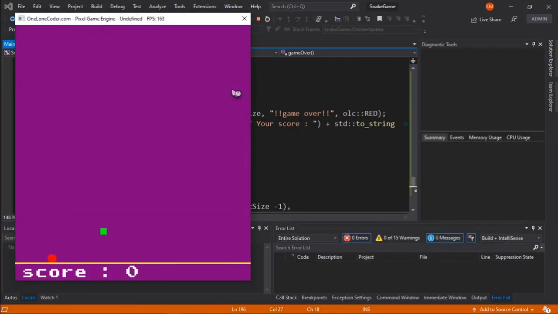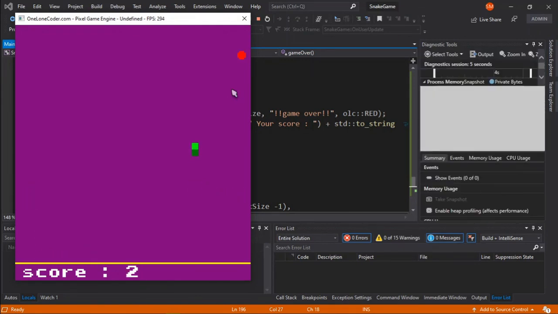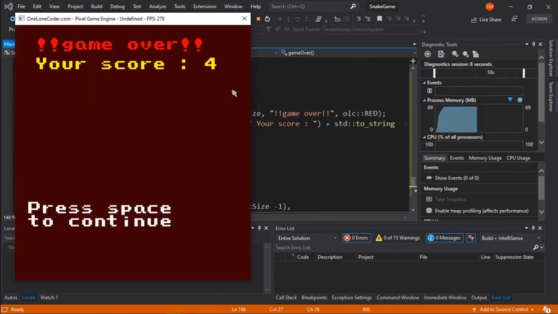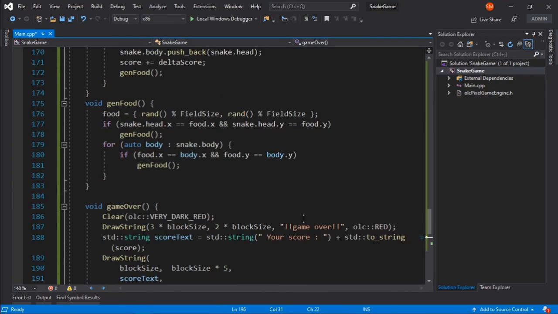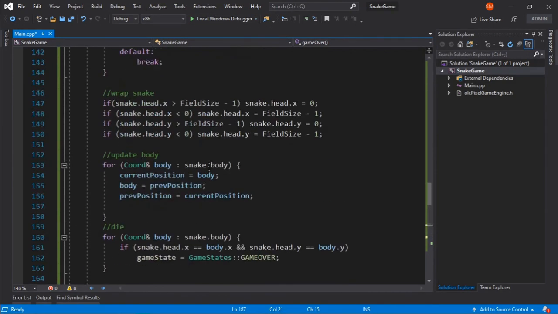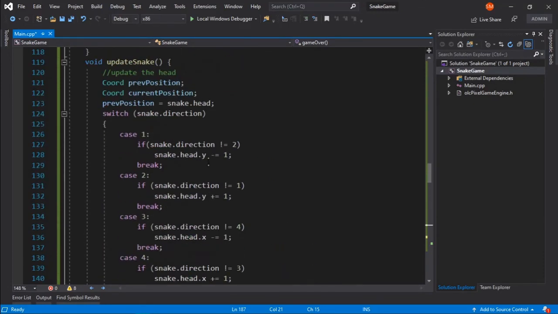So yeah, here is my snake, and for some reason it hits its body, and then it says game over, press space to continue. And what we can do is, we can give 2 spaces here, 2 spaces here, and we can say this to be 4. And also here there is some issue that I need to check.